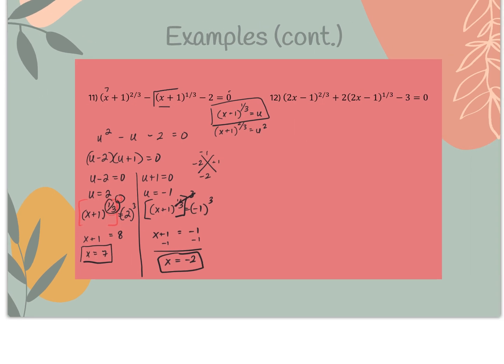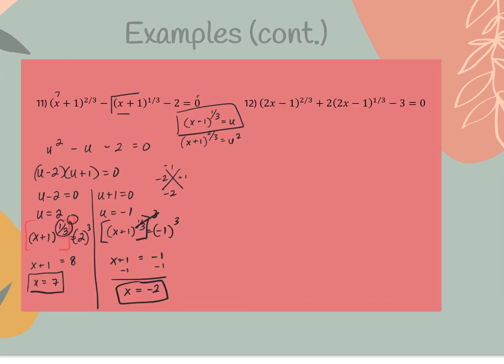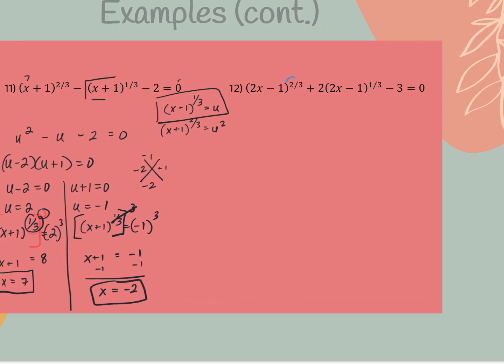So in this situation, I really do see the benefit of doing the whole u thing, okay? But again, the u thing only works when the exponent of the first term is double the exponent of the second term, or the middle term, rather, is half of the other one. So again, in this case, I'm going to make,